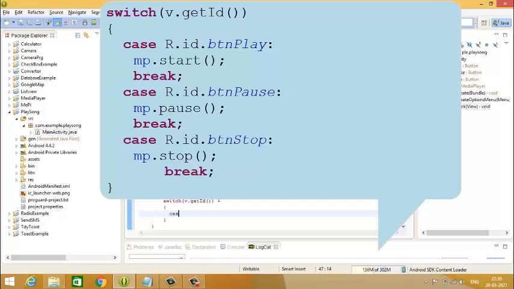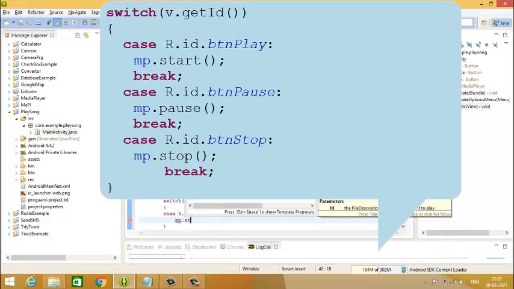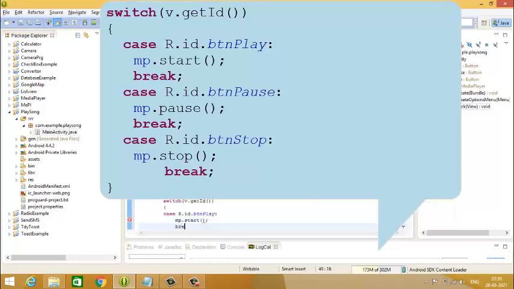Inside that case, when the button pressed is button play, the media player's object mp.start, the method start, should be called, and then break.